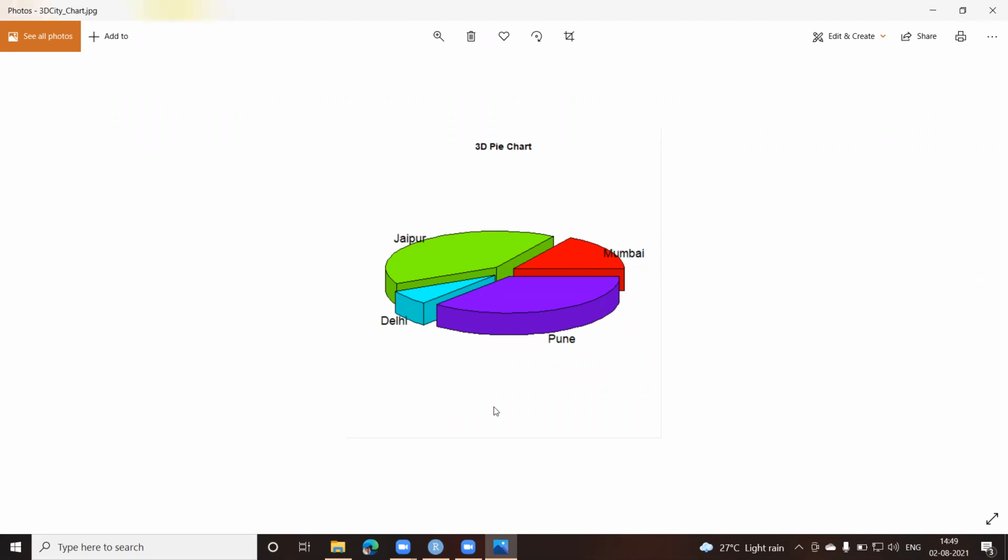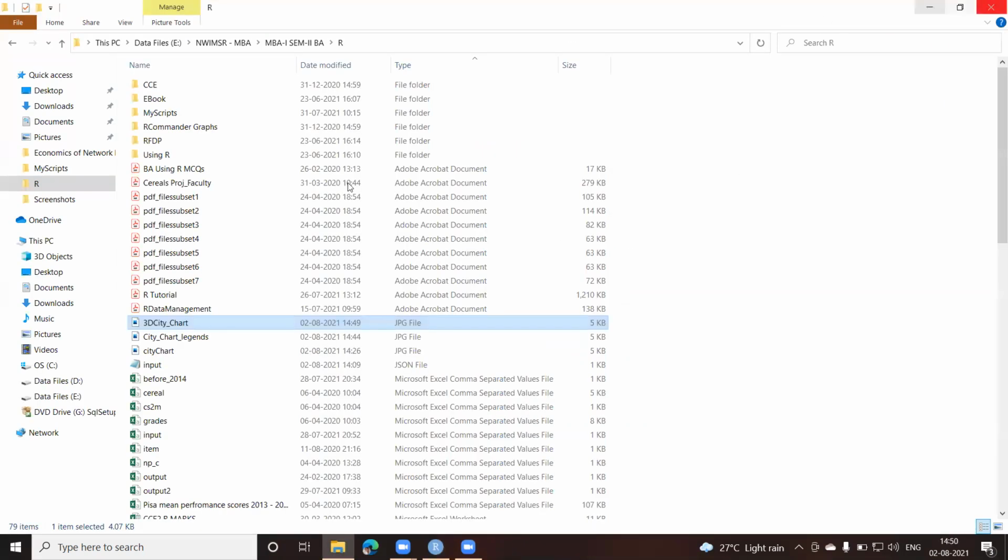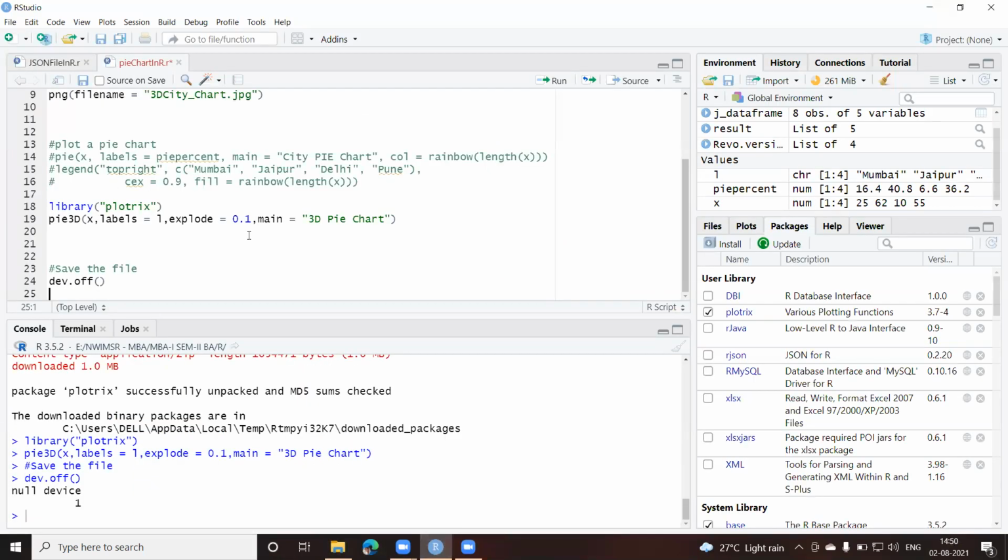So I'll stop here. What you can do from here onwards is modify this file further to include the labels as well as the percentages. You make the changes and check it out. Now in the legend also I have given top right.